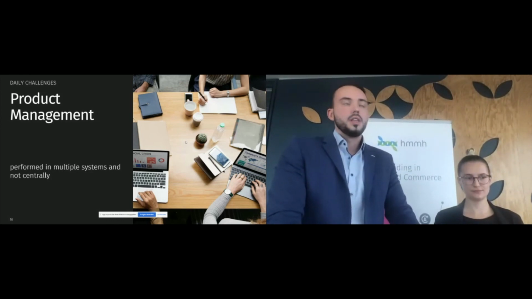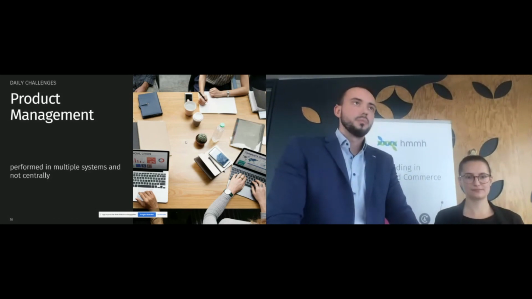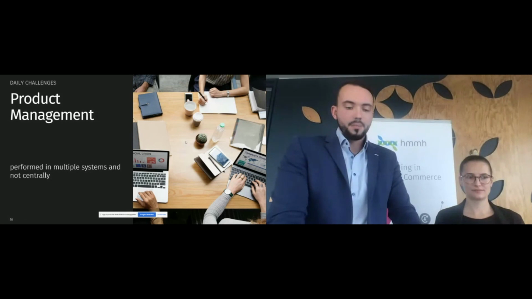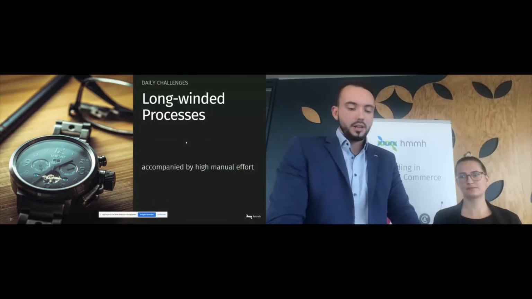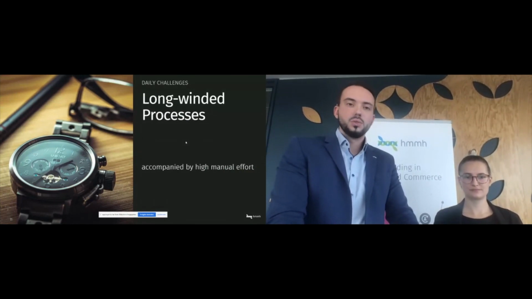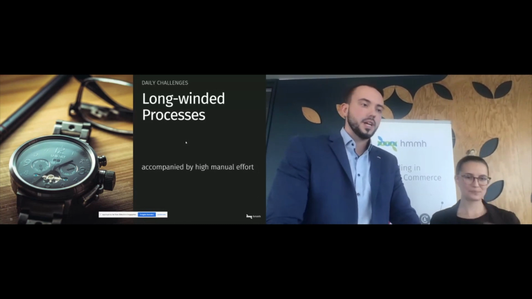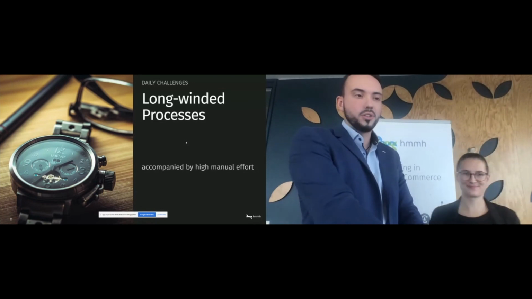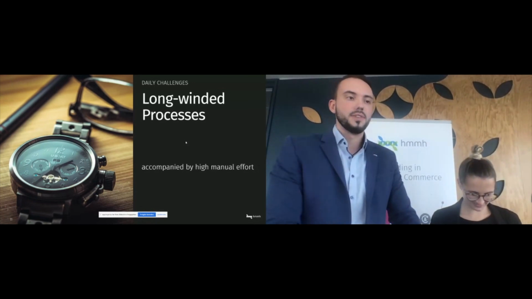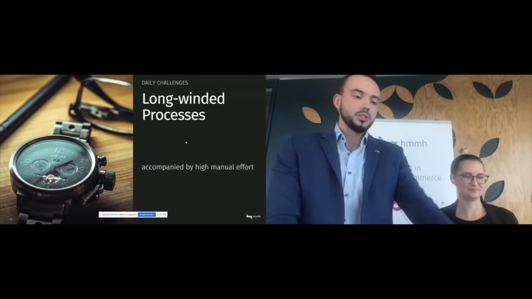For example, a process like translation management is solved by sending Excel sheets to translation agencies, and this leads to high data inconsistencies. So time is, as in so many projects, of course a very, very important challenge to face.